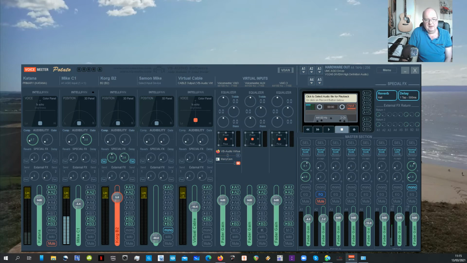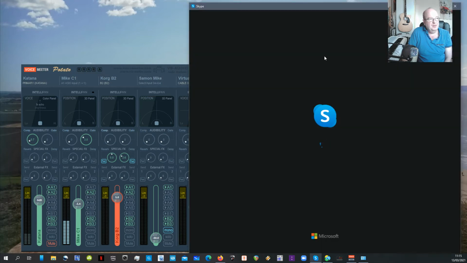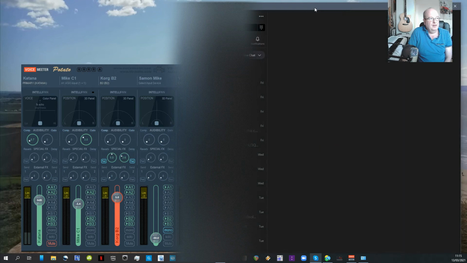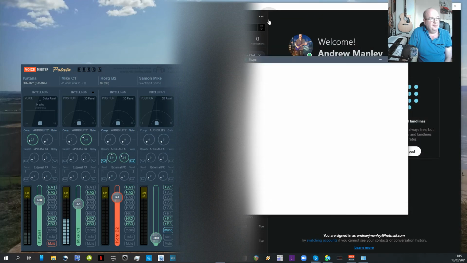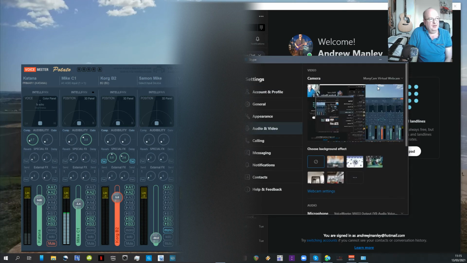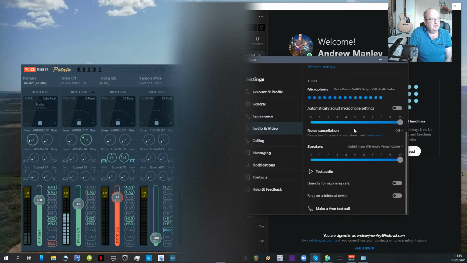So if we have a look at how you set Skype up, if I can just get that up on here, and we go into Skype settings, and then we go to audio and video. I've got Manycam as my virtual webcam, and down here on microphone I've got a couple of things here. I've put my microphone, this is basically what is coming into Skype, as virtual output 3 bus,